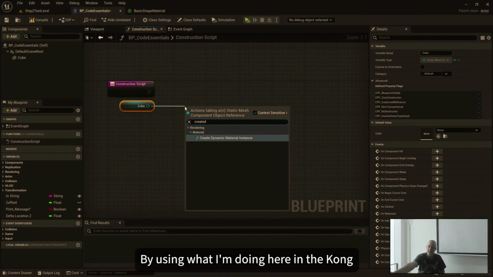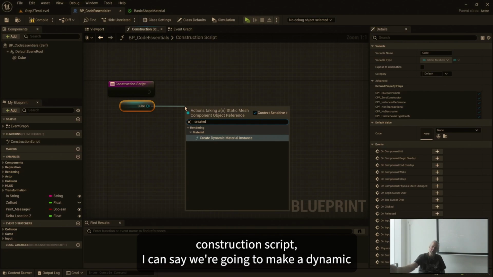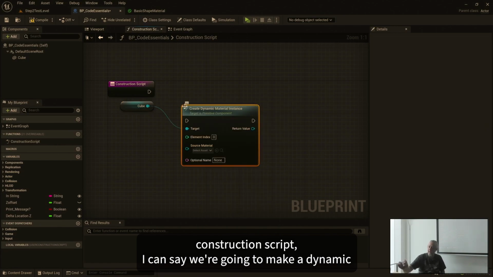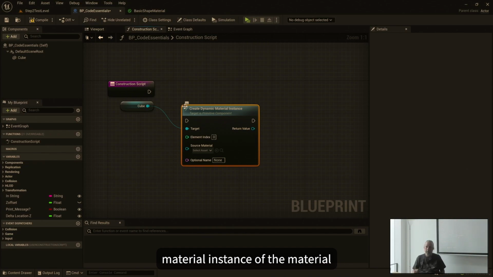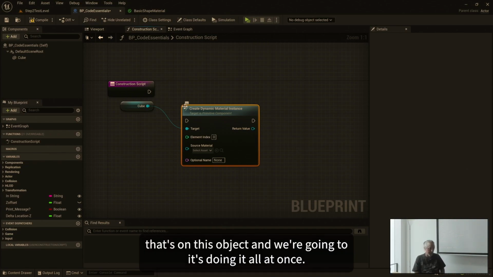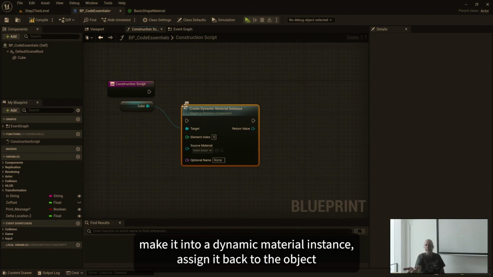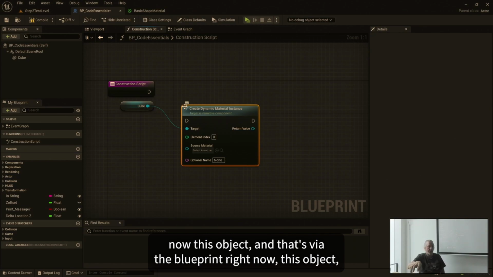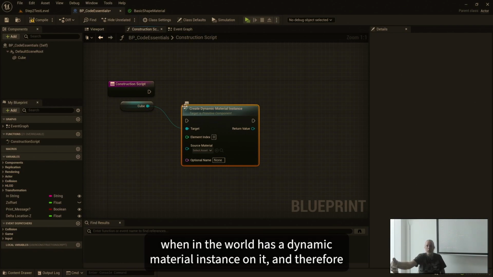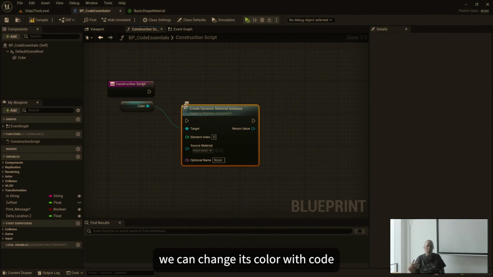By using what I'm doing here in the construction script, I can say we're going to make a dynamic material instance of the material that's on this object. And it's doing it all at once. It's saying, grab the material that is on this object, make it into a dynamic material instance, assign it back to the object. Now this object, and that's via the blueprint, right? Now this object, when in the world, has a dynamic material instance on it,